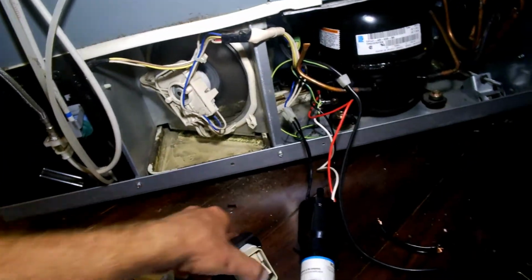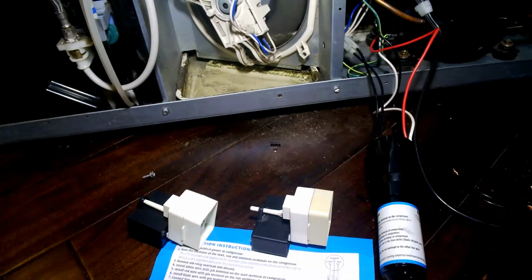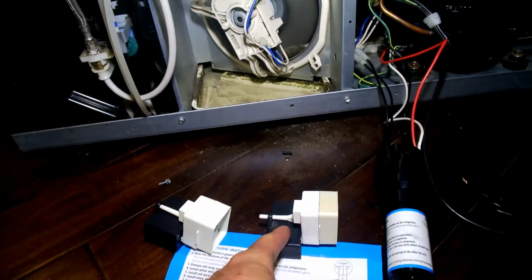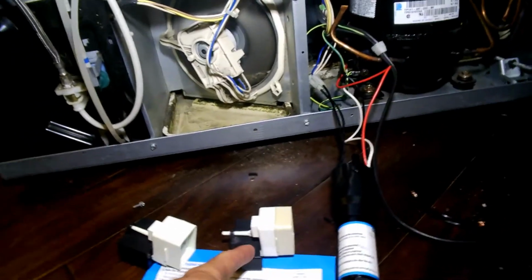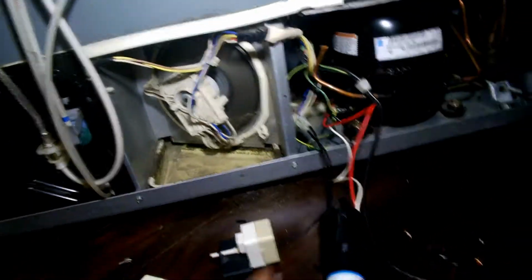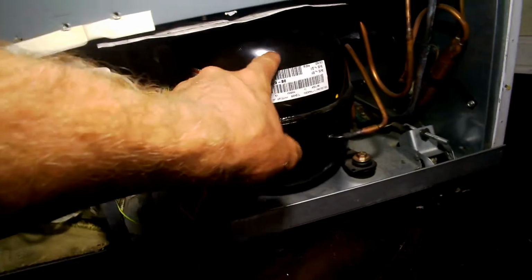This is the new one I had. This is the original. This right here I learned from the internet and YouTube and whatnot. This is a compressor external overload protector, and this is a start capacitor attached to it. Well, this is an overload protector and a start relay, I think. And what this thing does is when the compressor needs to come on, this thing clicks and gives it the power, and this capacitor gives it the extra power to get the electric motor inside this thing fired up and